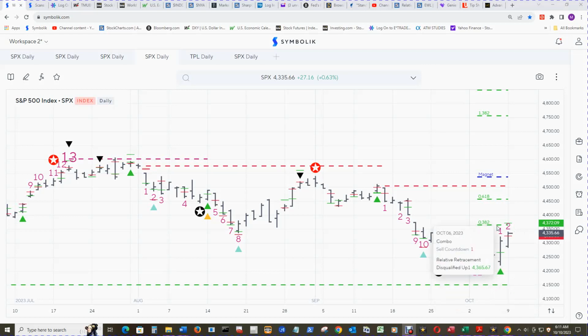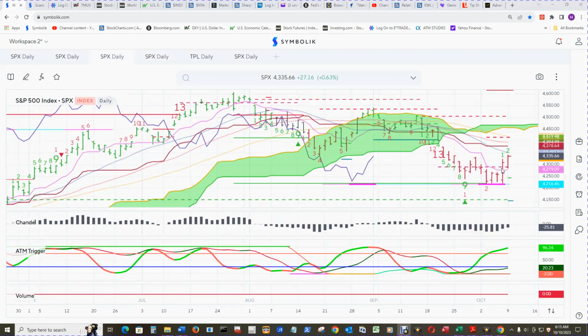And here's the relative retracement, disqualified up 1 at that level, and then there's level 2, and then it has a magnet level here, 4537.41. Believe it's this close way over here. Yes, the July 27th close is the magnet level, and price made it above the disqualified buy risk level from